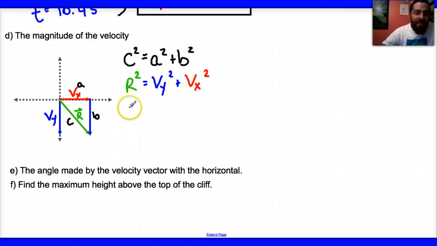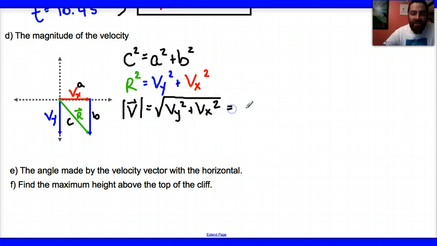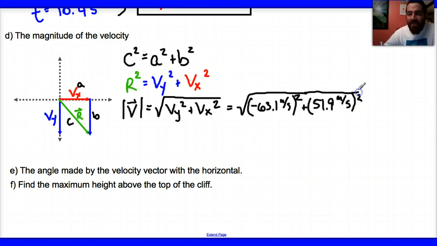And so then finally we could say that the magnitude of my velocity is going to be the square root of vy squared plus vx squared. And we know that these values have been solved for in the previous step. So we know that they're negative 63.1 meters per second, and that whole quantity is squared, and I'm going to add to it 51.9 meters per second, and I need to square that whole value. Let me go ahead and extend this. When I run that through my calculator, I should find that the magnitude here is going to be 81.7